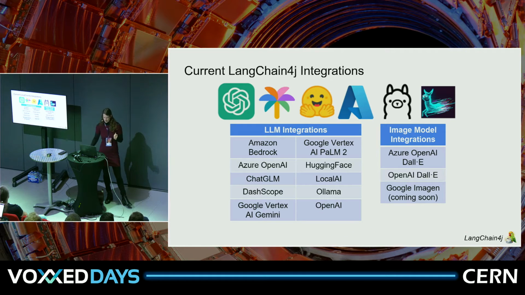We provide integrations with most of the biggest commercial and open source model providers. So we have OpenAI, we have Azure, we have Google, Palm, and Gemini. And then we have these couple of special ones, LocalAI and Ollama, that allow you to run a model locally and still access this via API. So then you can run whatever model you want, fine-tuned or just open source right away, in LangChain4j.